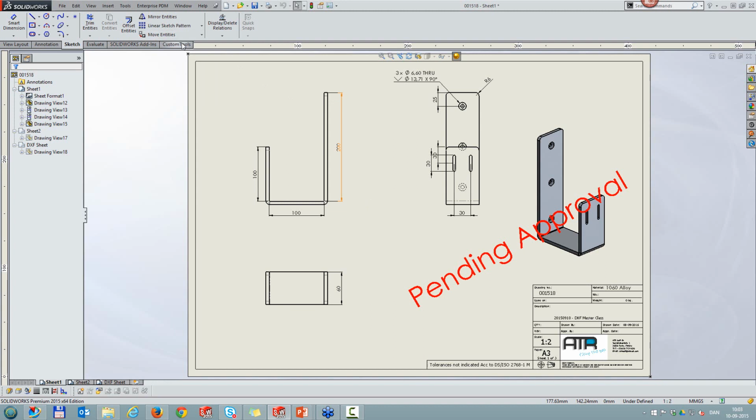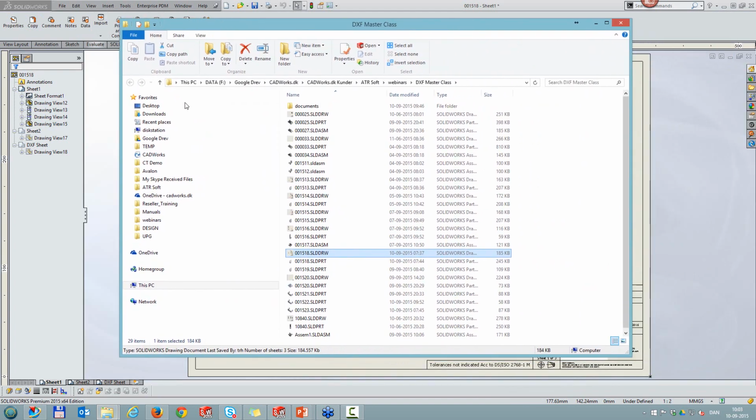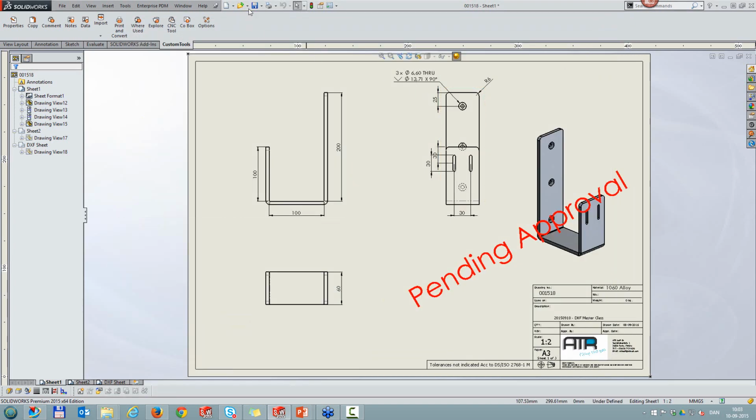If I go into my CustomTools folder, where this file is saved, I can then open it up over here. I can see that I have a document folder and then all of my part files and drawing files. So that's it. If I save this guy,